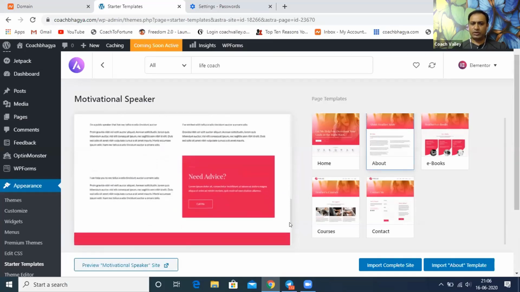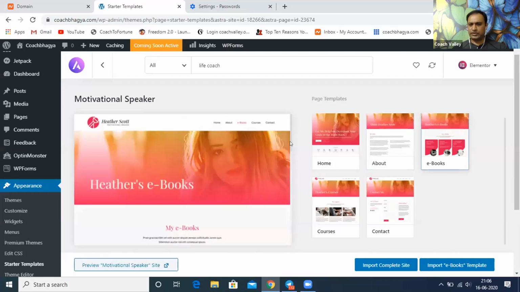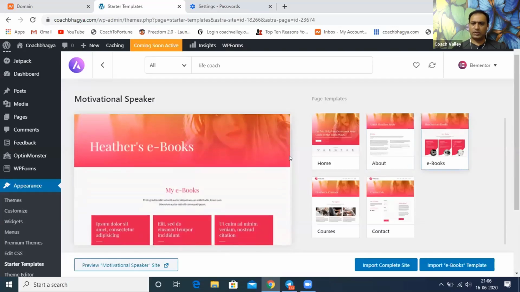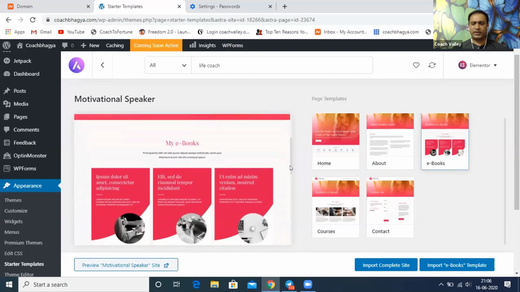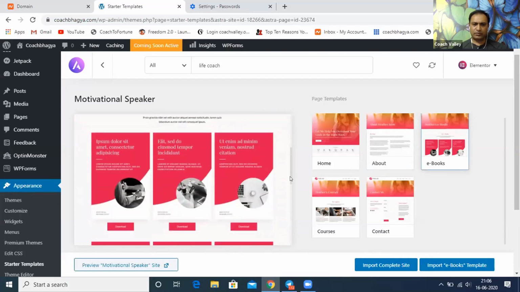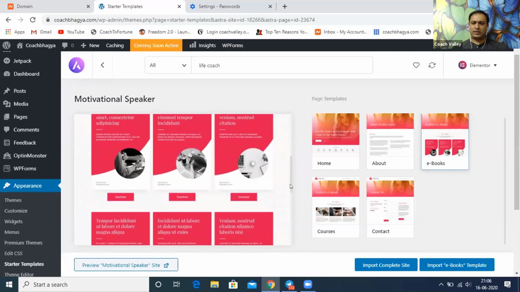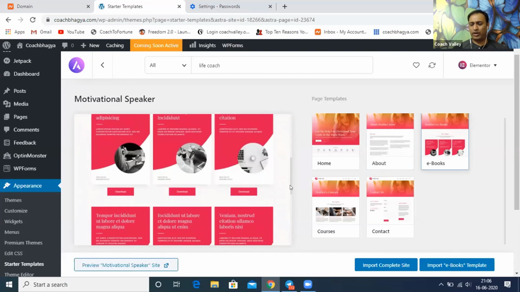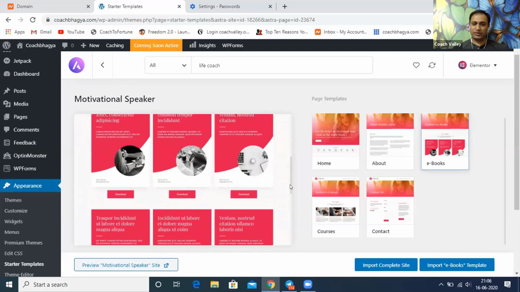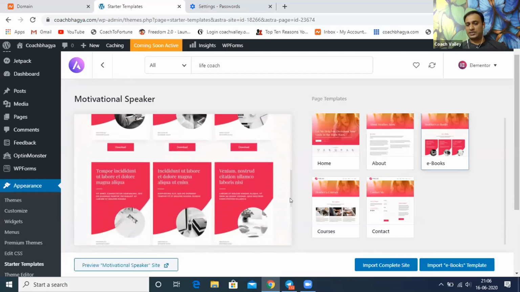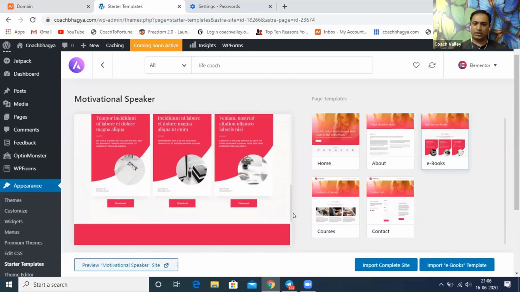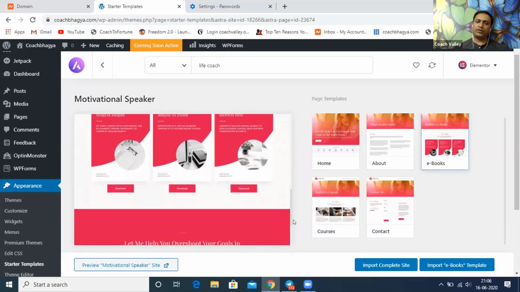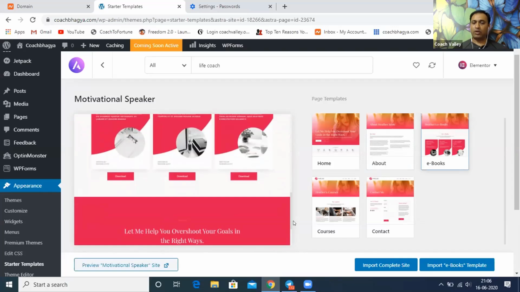Okay, go for the ebook section. This looks like a pretty good one because it has got everything about home, ebook, and courses. This is typically for any coach. Okay, so these are my ebooks. See, it can be your ebooks, or if you want, you can even sell somebody's books also. So you can do many things from here. So don't get stuck on that, whatever is there, we're going to use exactly. We'll be doing editing on this.